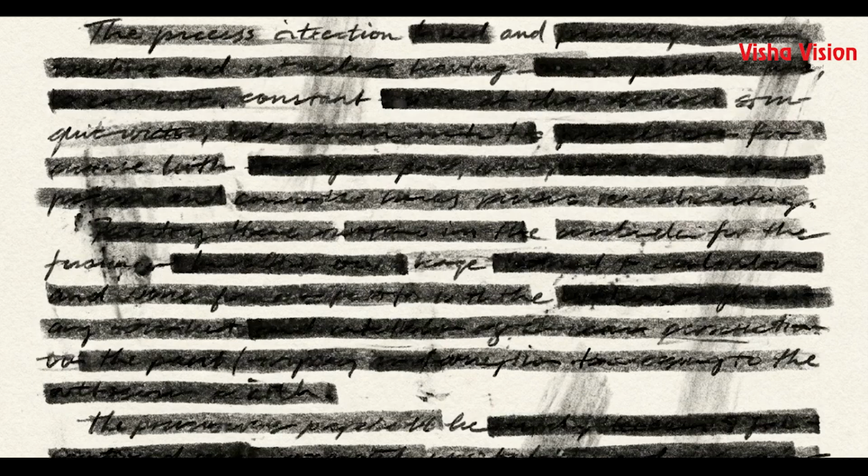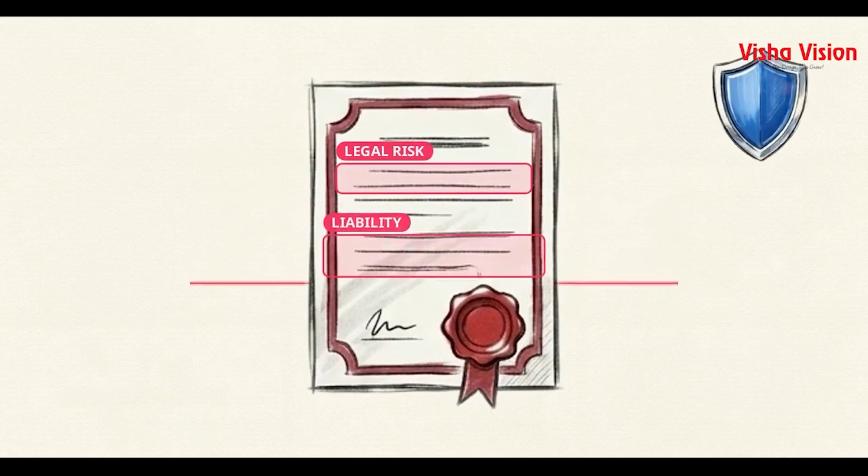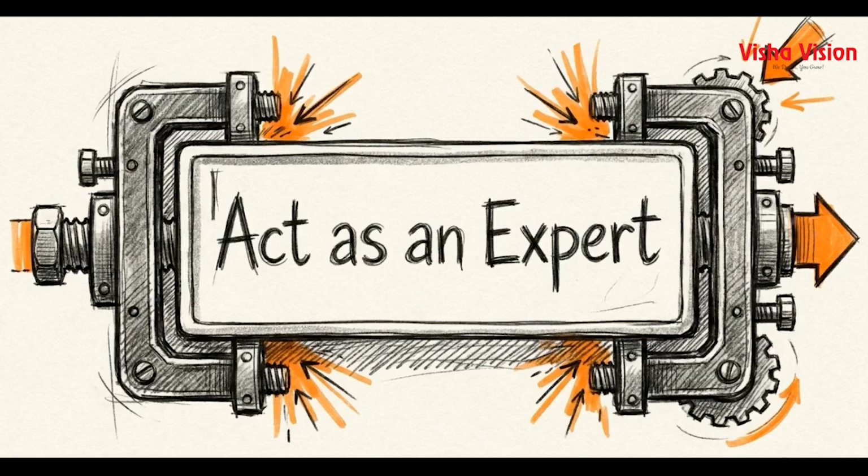A request to explain a contract produces a broad, non-committal summary. However, commanding the system to act as a corporate lawyer explaining a home buying contract to a first-time buyer forces it to prioritize legal risk and actionable advice. Extracting value from these models requires an intentional restriction of their operational parameters.